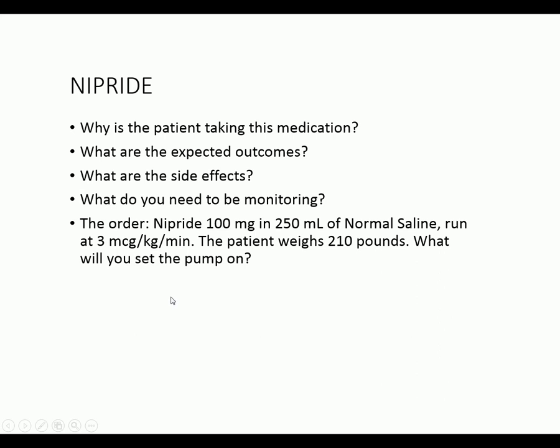250 times 17.19 is going to give you 4,297.5. Solve for x. So x is equal to 4,297.5 divided by 100. So x is going to equal 42.975. Okay, if this pump doesn't go in decimals, what are you going to do? You're going to round, right? So you got 42.975. You're going to round that up because 0.975 is greater than 0.5. All right,